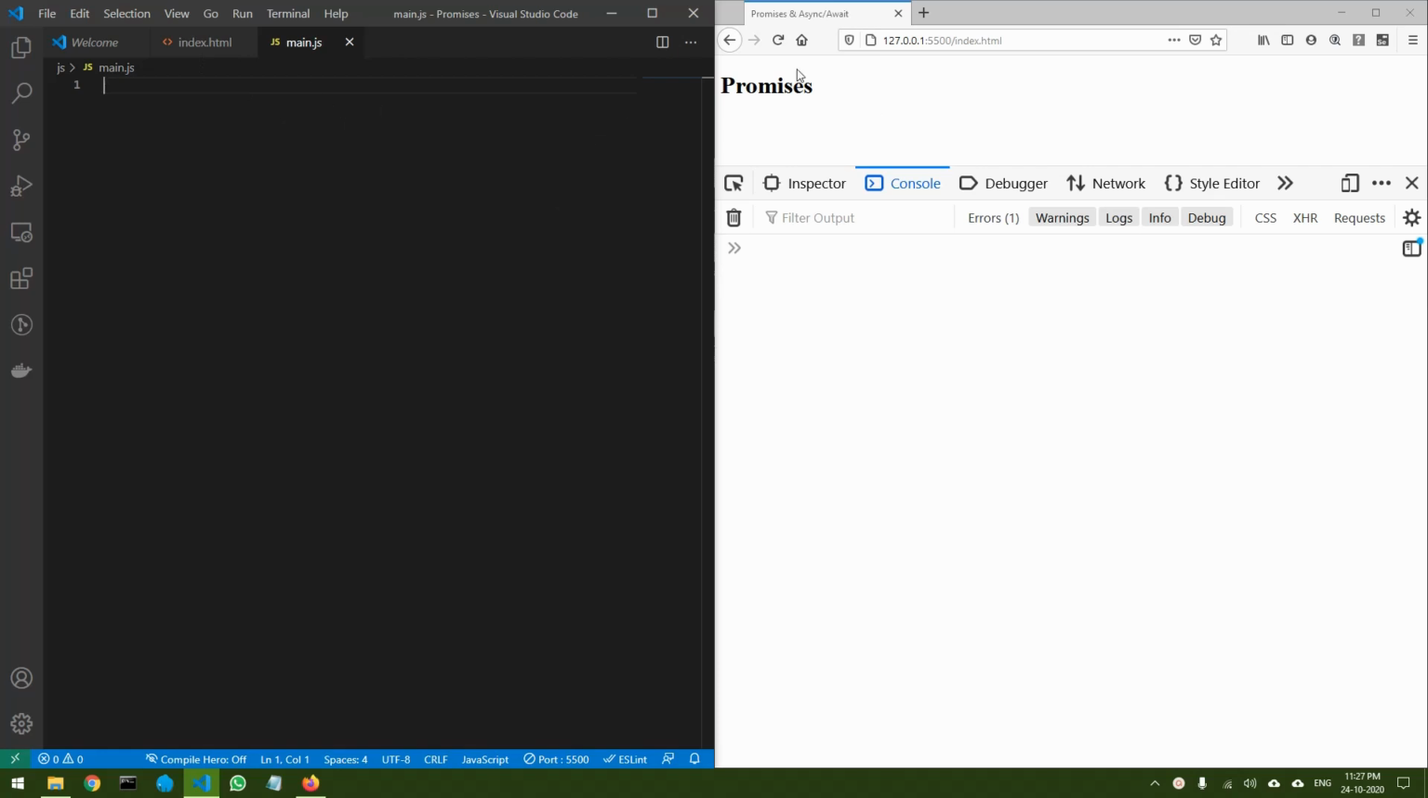So basically, JavaScript is a synchronous single-threaded language. What that means is, all the code execution is going to be line by line. Every line is executed one after the other, so one line has to be completed to proceed to the next one. Now this can create problems if there are